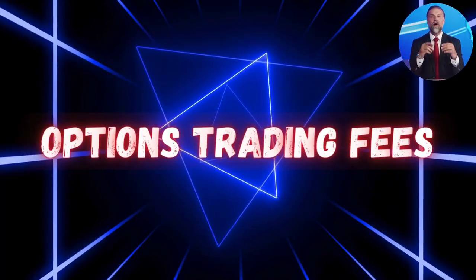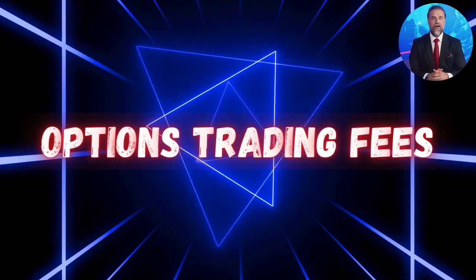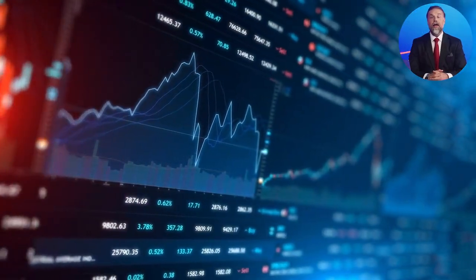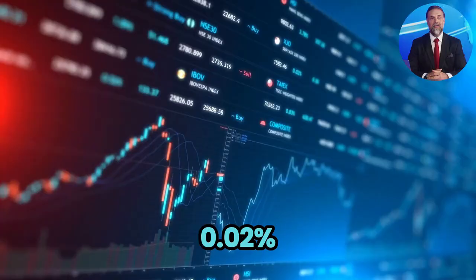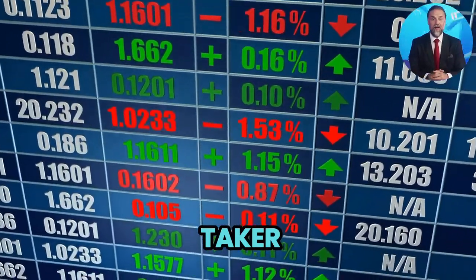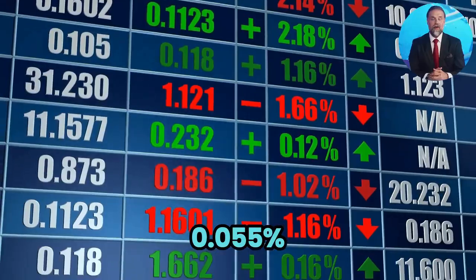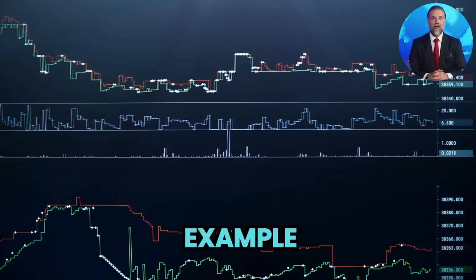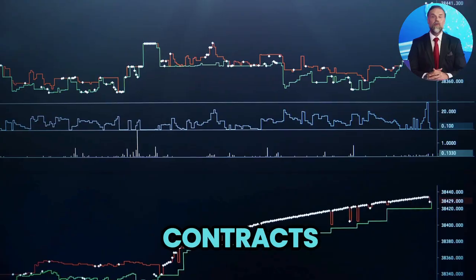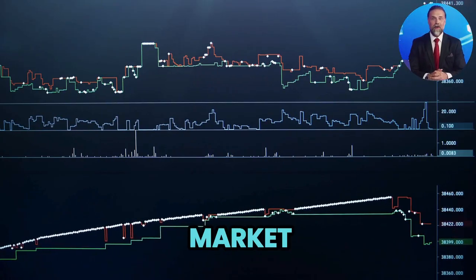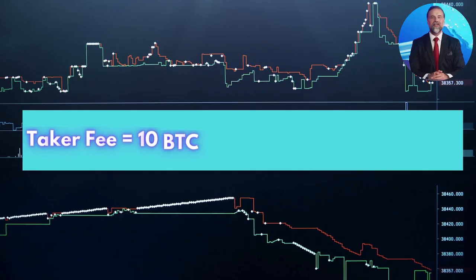Bybit also offers options trading. The fee structure for options is straightforward. 1. Maker fees, 0.02%. 2. Taker fees, 0.055%. For example, if you buy 10 BTC worth of BTC perp contracts using a market order at $50,000 each, the taker fee would be